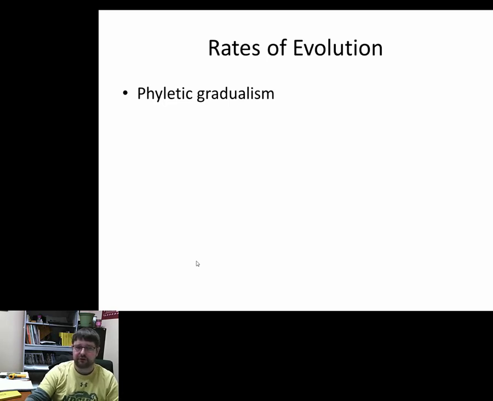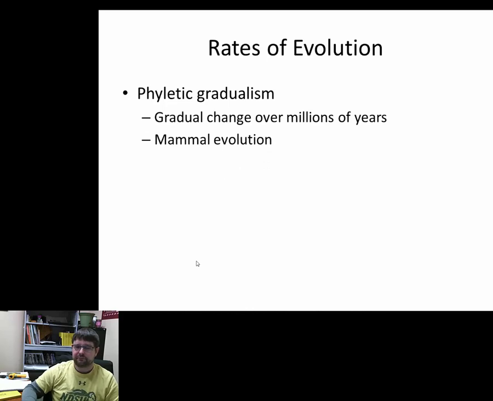All right, rates of evolution. We have a couple rates of evolution I want to talk about. First one is phyletic gradualism. Okay? This is gradual evolutionary change over millions of years. Mammalian evolution, at least in humans, is a pretty good example of this. We gradually changed, gradually adapted, going bipedal, okay, decreasing the jaw size, increasing the cranium, having the ability to speak, use tools, communicate, have societies, on and on and on. That's phyletic gradualism. It didn't happen all in one day. Small steps, years after years after years, millions of years of gradual evolution.